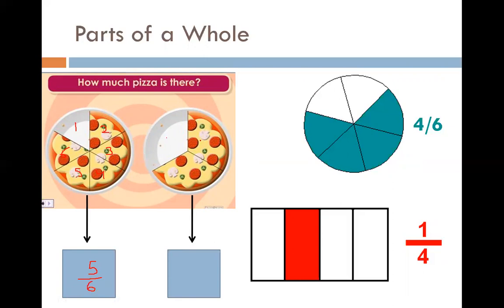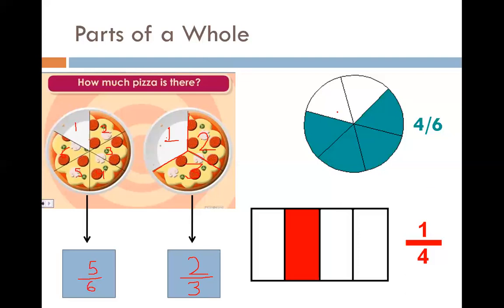Now you can see that this whole pizza has been cut into 3 different slices. This is the first part, which somebody has taken away, and this is the second part, this is the third part, right? So here we have 3 pizza slices, and out of it 1 slice has been taken away and 2 are with me. You have to tell how many pizza slices are with you now. Here we have 2 pizza slices. What is the fraction of it? Firstly, there are a total of 3 slices, so I have to write 3 in the denominator. How many pizza slices are there with me? 2. So I have to write 2 at the top, right?